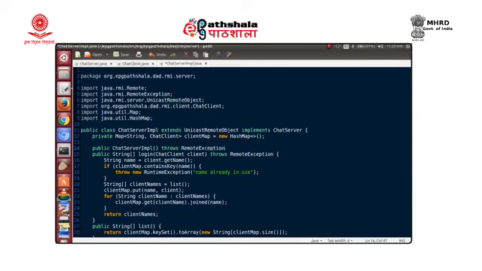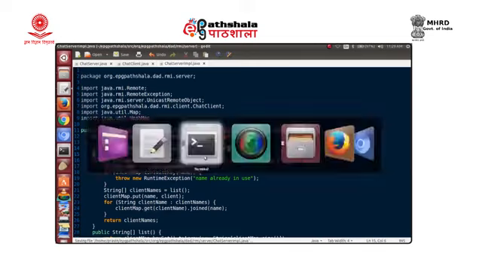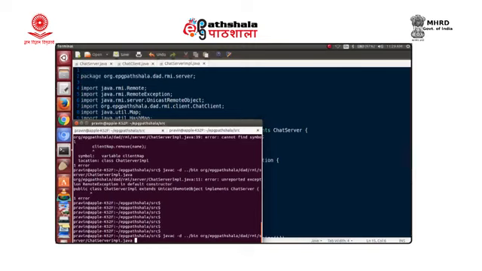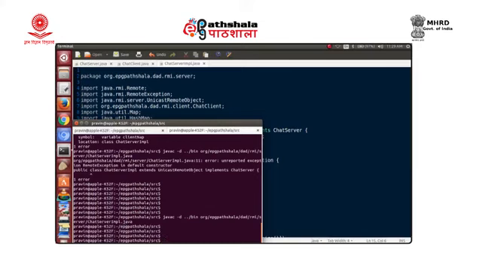Maybe we are not doing anything there, and that is fine. This is just an additional requirement for any remote implementation. We need to have a constructor which throws a remote exception, because our superclass is unicast remote object.